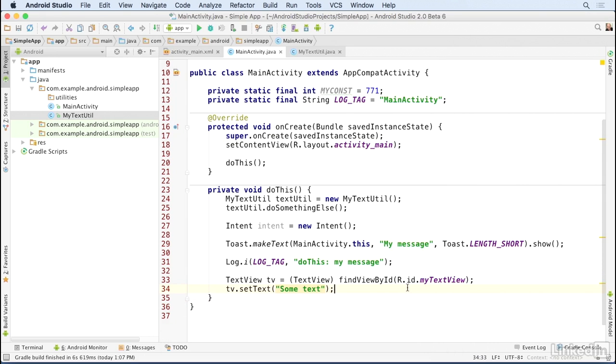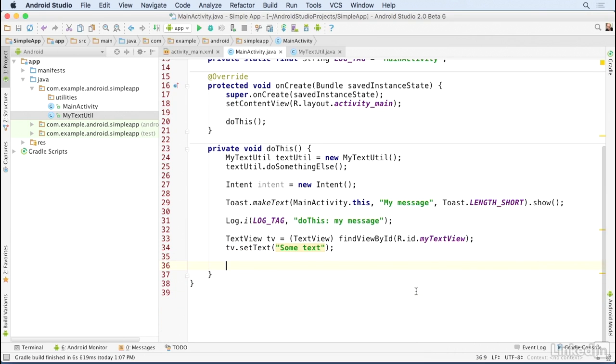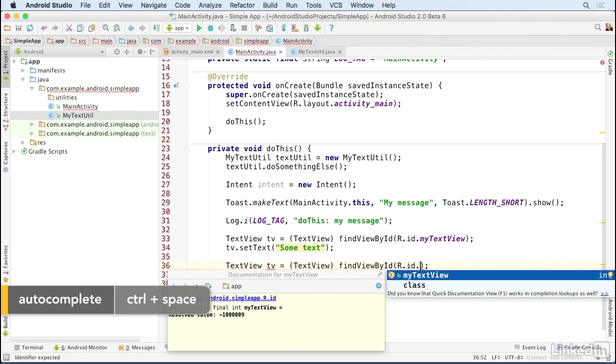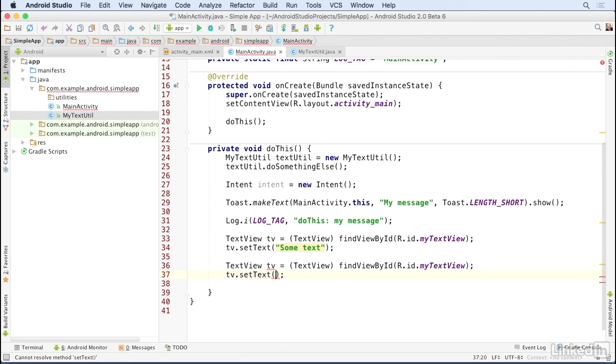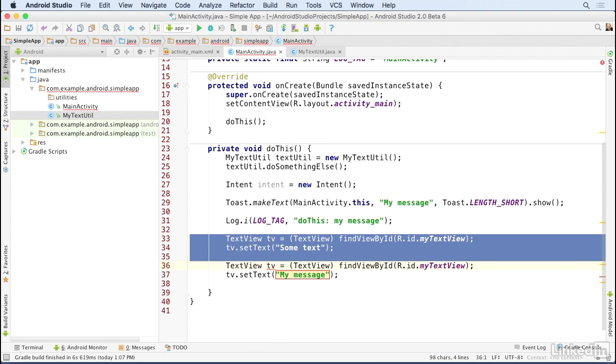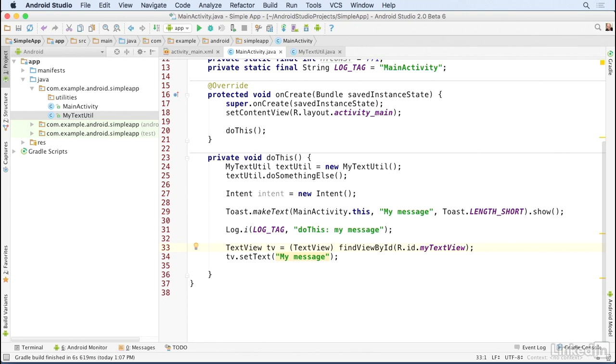And now, if I want to use that bit of code, I can type TVOut, and then Tab, and then the cursor would move to the first variable location. I can press Control Space and choose my text view, then press Enter or Return, and then I would land in the next variable location, and I'd be able to type in my string. I'll get rid of this previous version, and now that I've added the live template, I can use it anywhere